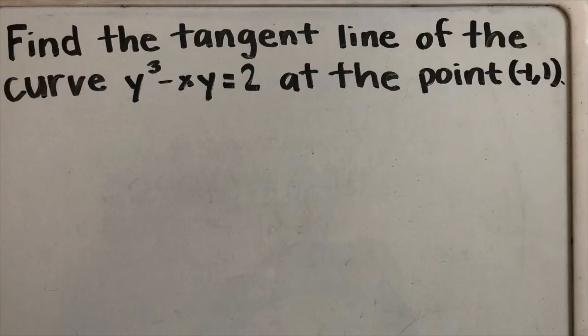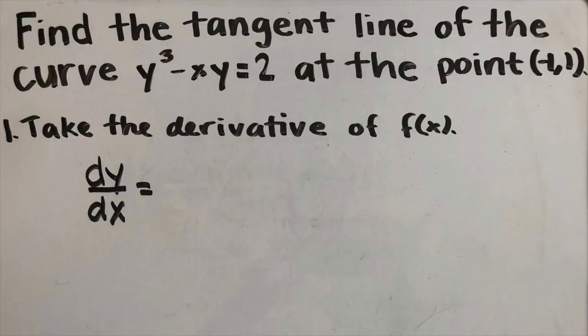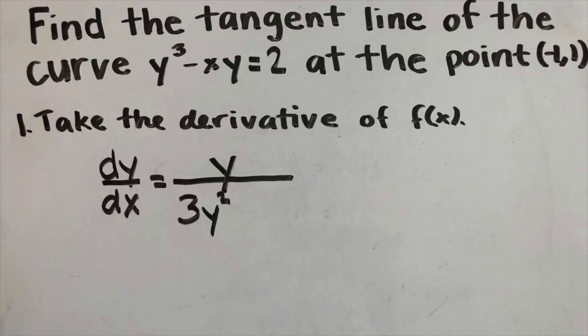For our example problem, we have to find the tangent line of the curve y to the third minus xy equals 2 at the point -1, 1. Following the steps given in the presentation, we have to first take the derivative of f of x, or the given function. This would give us that the derivative of y with respect to x equals y over 3y squared